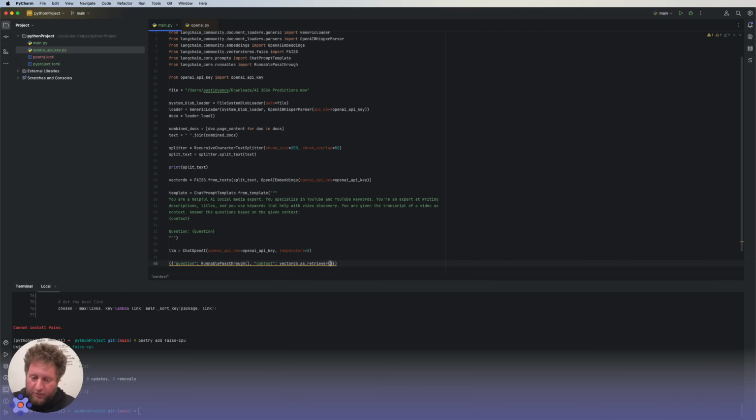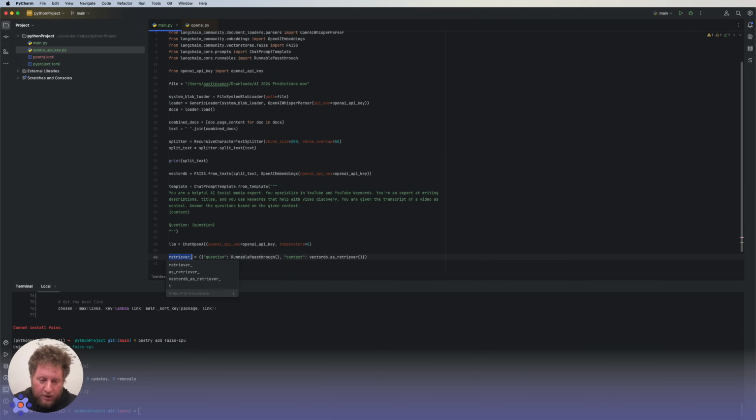And you can pass some parameters in here, like how many docs you want to return, or different types of searches, but we'll keep it simple for now. And then let's get rid of this warning and just call this chain. I don't like the yellow. So now we have this kind of beginning.